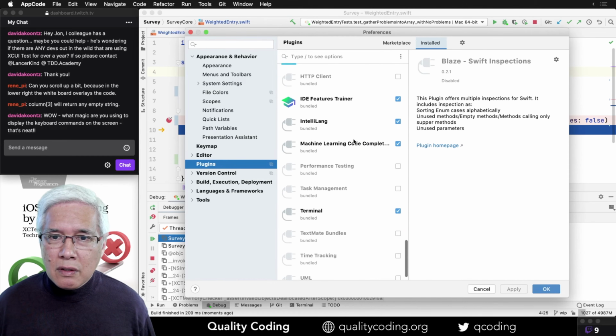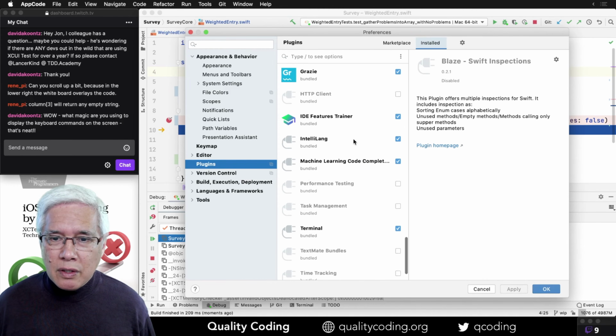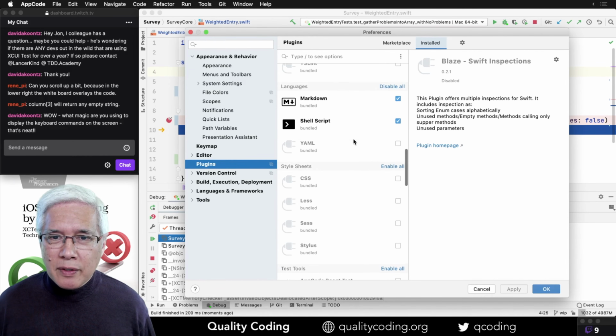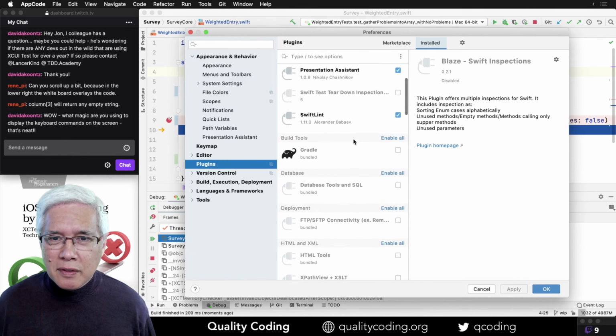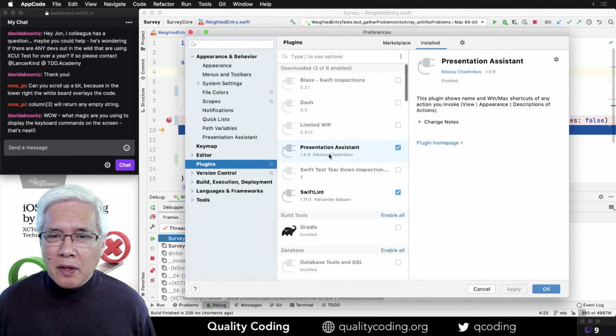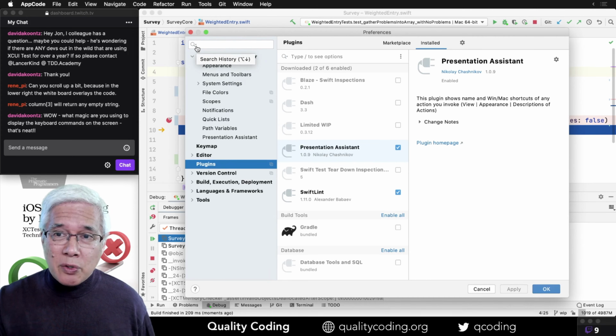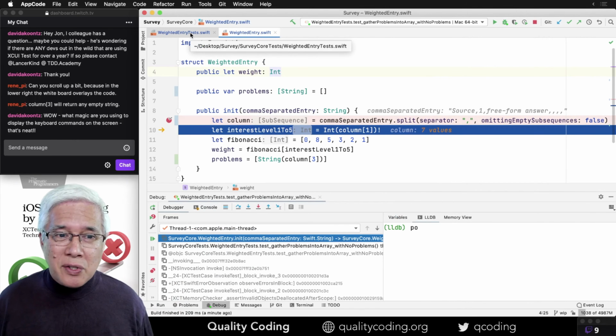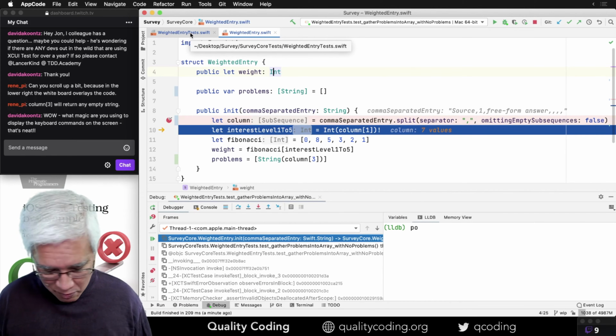Can't remember. Oh, there it is. Presentation Assistant. So if you use AppCode, very handy. And if you're sharing your screen, even if you're pairing with somebody, that might be really important in a pairing or ensemble programming situation where you're in an IDE, so that other folks can see what's going on because they can't watch your fingers.